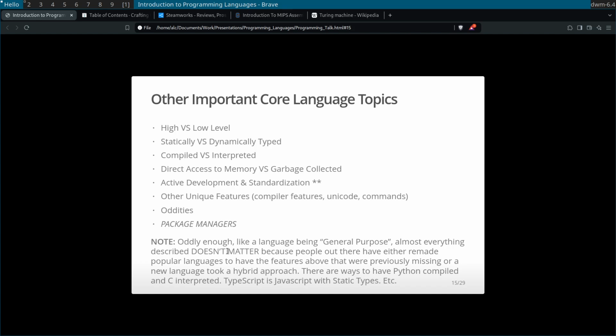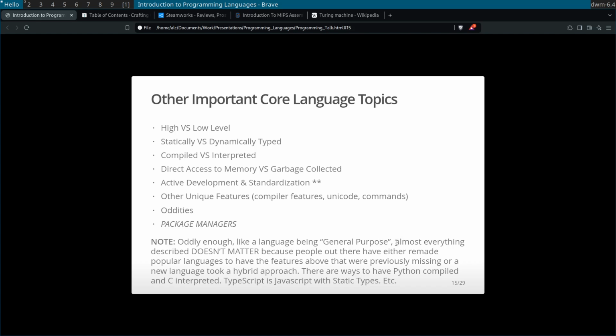Oddly enough, which I didn't talk about, being a general purpose language has to do with paradigms. There's kind of two different philosophies for programming languages: general purpose languages, which are almost everything you know, and then domain specific languages. That could be like GameMaker script, which is only used to make games. You wouldn't be using GameMaker script to write anything outside of a game. Most languages you know of are general purpose. There are probably more domain-specific languages. It's just that if you're not in that domain, you would not know about them.